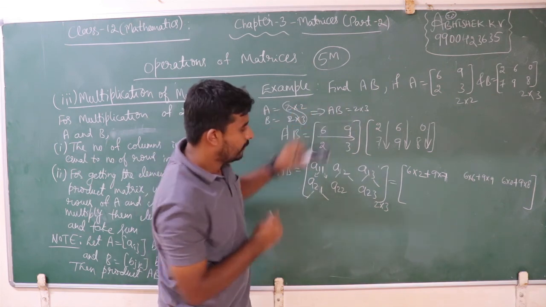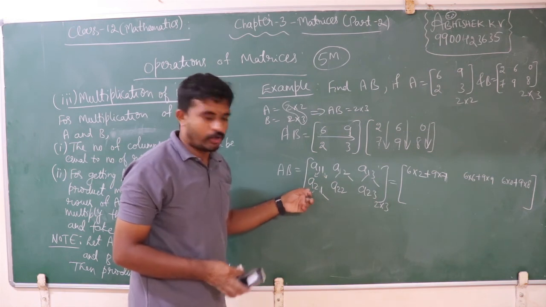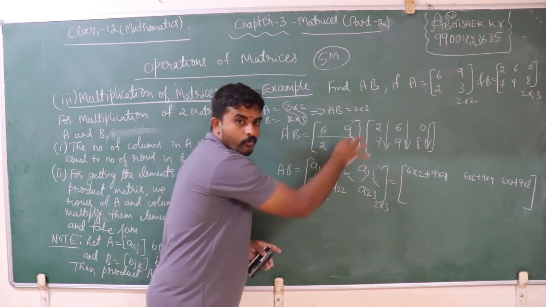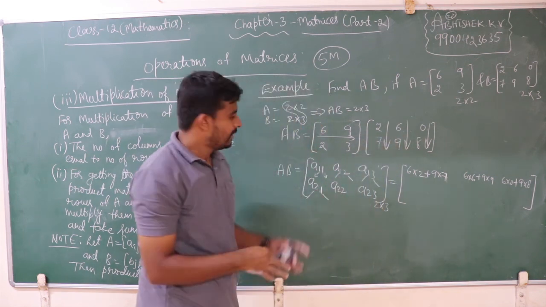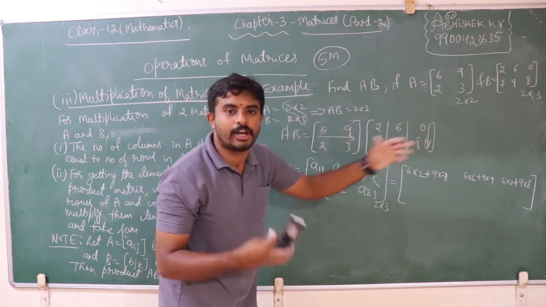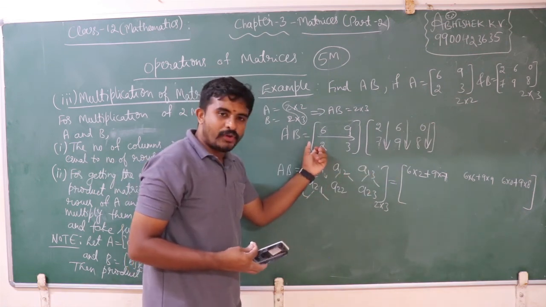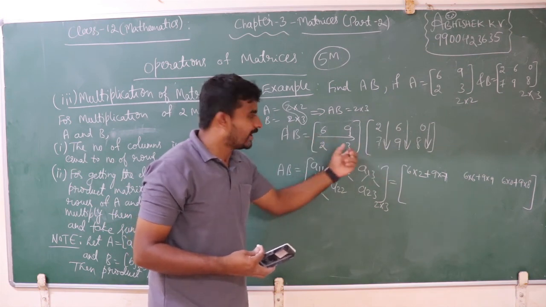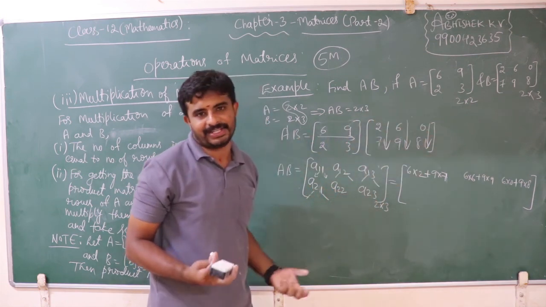Forget about this. We completed the first row. Is it clear? Then second row. Second row, first column of matrix B. Same as before: we multiplied the first row by the first column, first row by the second column, first row by the third column, and we got A11, A12, A13. Similarly, second row first column, second row second column, second row third column. That is A21, A22, A23.